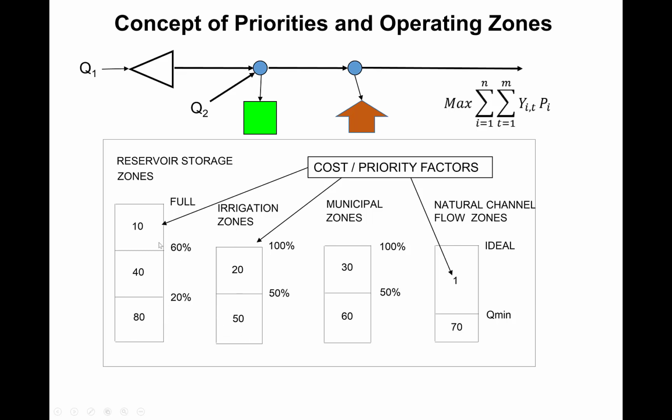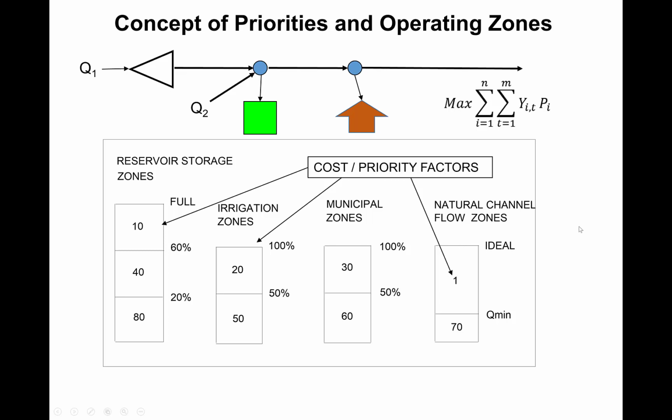zones. For example, reservoir storage is split into three zones at around 60% of storage and 20% of storage, while irrigation and municipal zones are split into 100% and 50%. The natural channel flow zones are distinguished as ideal and minimum. You will see that each zone has a certain number assigned to it, which is identified here as a cost